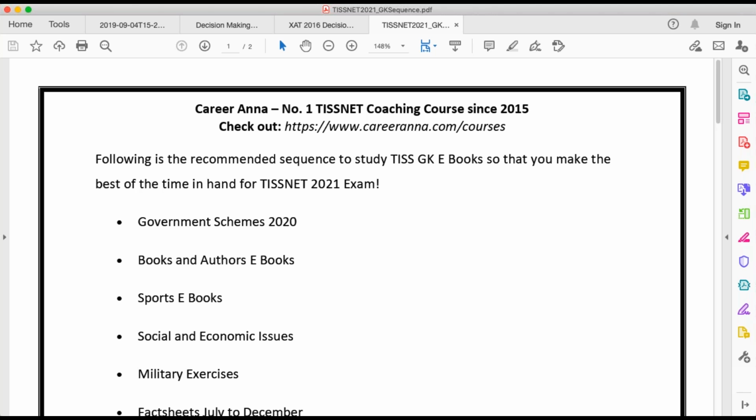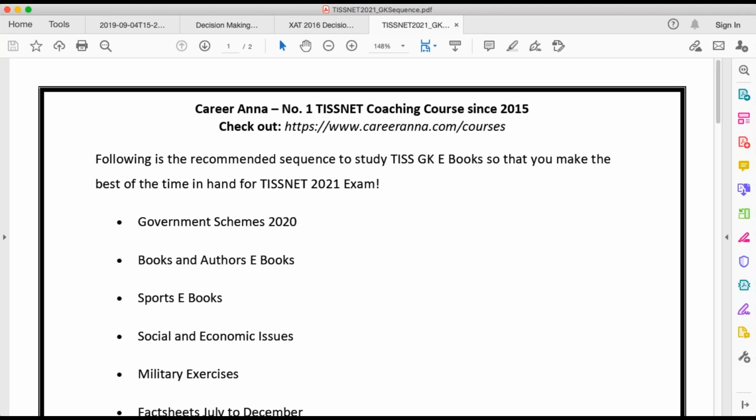You can either revise all the ebooks or you can first study the ebooks which are there in this sequence. There are x number of ebooks in this particular list. At least the first 50% is a must to do, then the remaining 50% you can do basis the time which is in your hand, because a lot of you are at different stages of your preparation. I get to know that some of you have already covered the entire GK material once, some of you are starting from scratch. So depending upon where you are today, you can tweak this, but at least the first 50% of this list is a must to do.